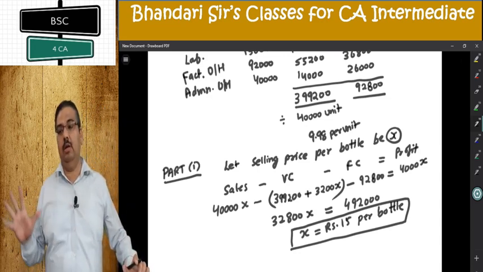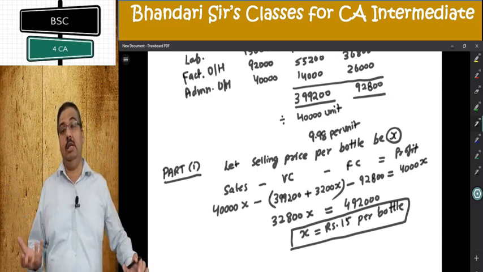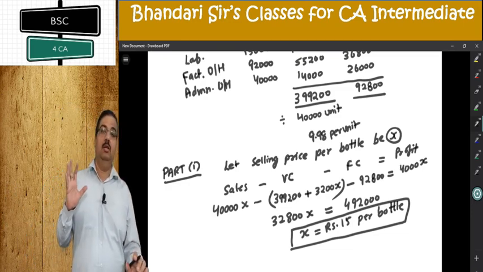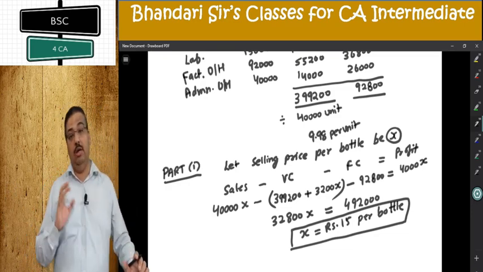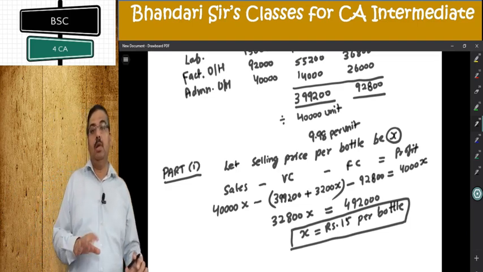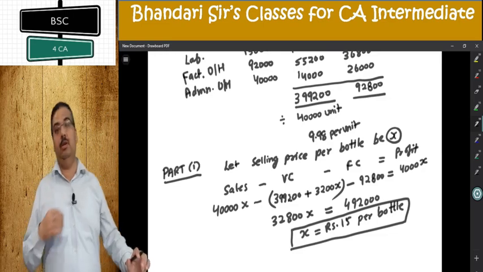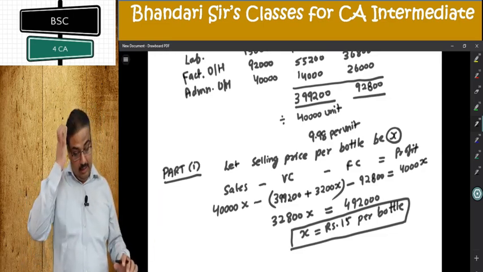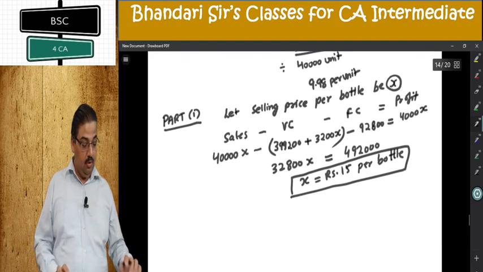It is not difficult. Just catch the basics and do the things. Selling price desired is X. Commission thereon is 8% of the amount of sale. Profit desired is 10% of the amount of sale. So I create the equation, solve it for X and get the desired figure. Part 2.